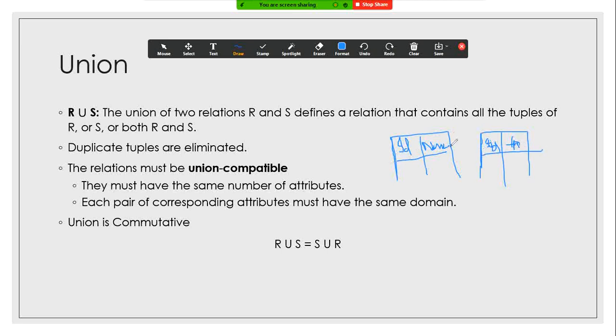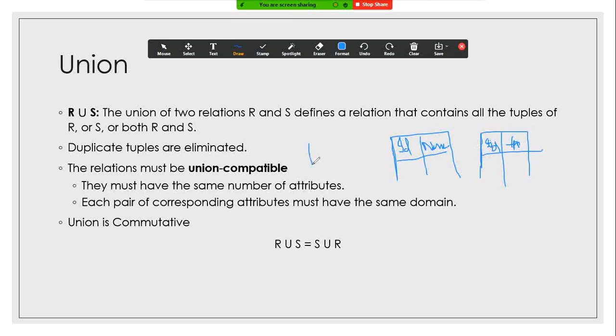Here you can see that both these tables have 2 attributes or 2 columns, and each corresponding attribute has the same domain. Here we have ID as number, and here we have student ID as number as well. Then we have name as text, and here we have first name as text as well. So they both are union compatible.